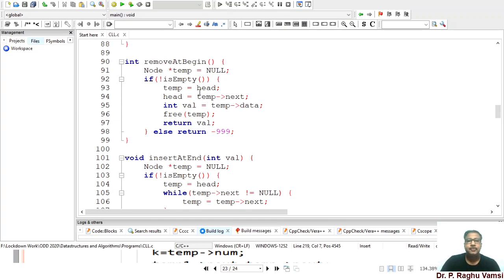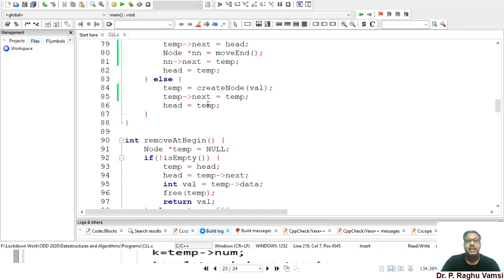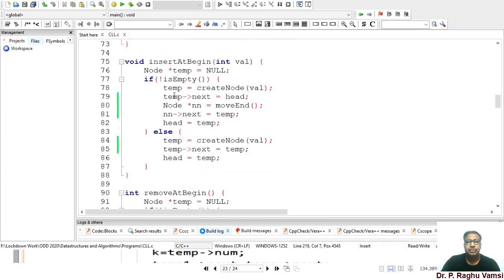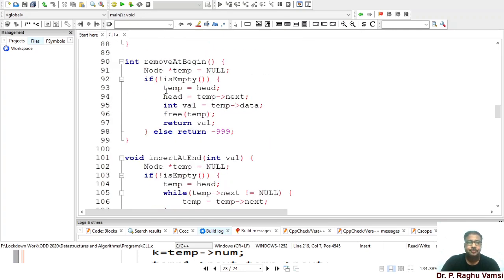So the same code that you have used here, we'll use here also. Whenever the first node is removed, because the first node is the head node, the last node also points to the head node, so that will get disturbed.